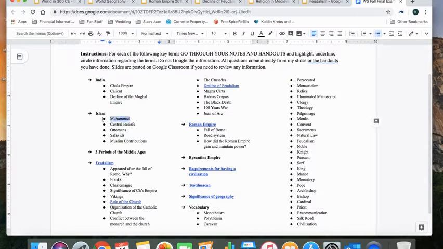Maybe it's, who was Muhammad? What are the central beliefs of Islam? Is it one God? Is it many gods? What's significant about the Ottoman Empire, the Safavids, the Muslim contributions to the world? This one's really important. You should make sure that you know a major scientific contribution, a literature contribution, medicine, art, everything that you need to know right there. So this is the majority of your questions on this section.